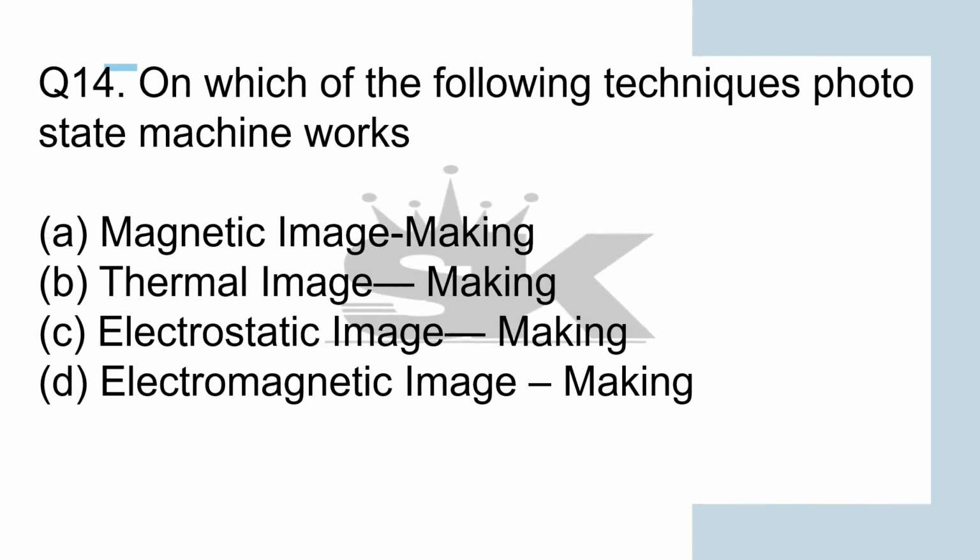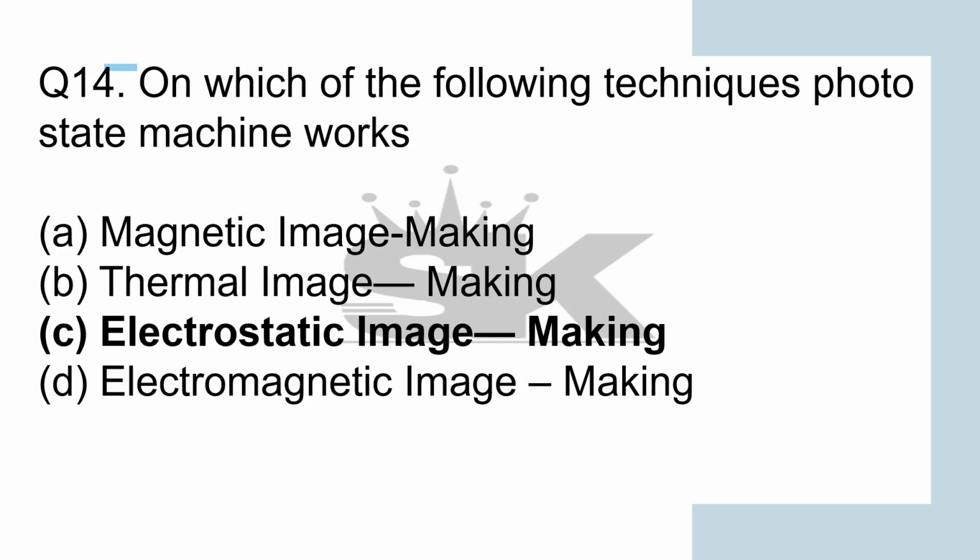On which of the following techniques does a photostat machine work? The answer is electrostatic image making. Okay, a photocopier is a machine that makes copies of documents and other visual images onto paper or a plastic film. Okay, most modern photocopiers use a technology called xerography, a dry process that uses electrostatic charge on light sensitive photoreceptors. Okay,